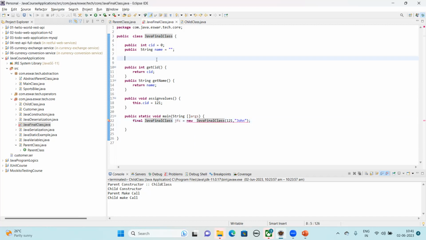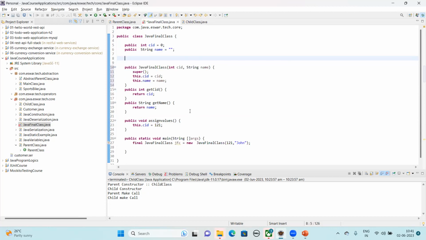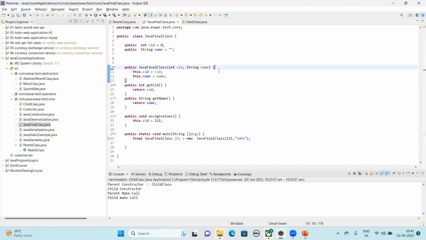Now let's see. Remove final from here and try to create a constructor using fields. Now it allows you to create a constructor. Why? Because our variables are not final. Now just see here, with the help of an object you are sending these values, but your object is final, right? Now when I try to create an object,